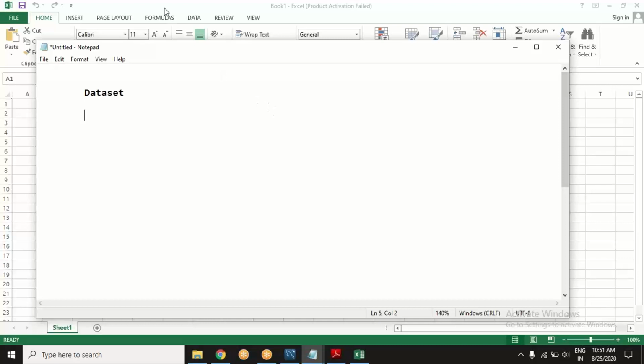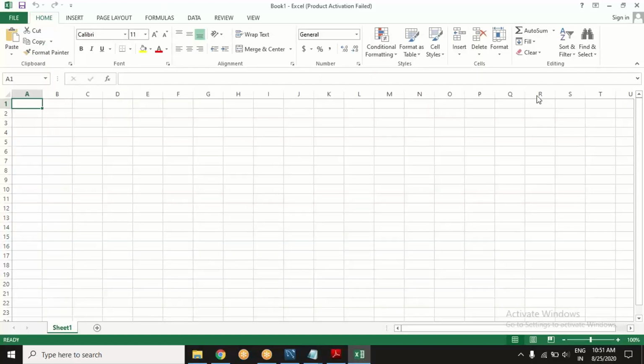Now, in the language of data science, what will this data set contain? It will contain some columns and some rows. That's all a data set is.